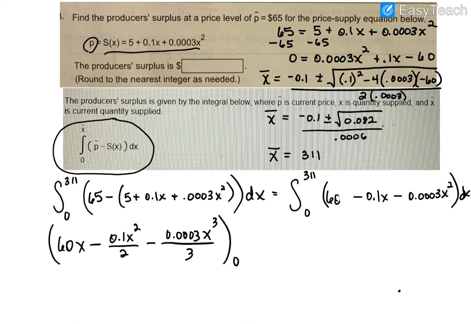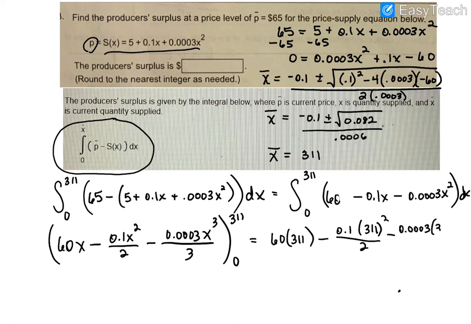And we're going from 0 to 311. So now, when I plug those in, you're going to get a 60 times 311 minus a 0.1 times 311 squared over 2,